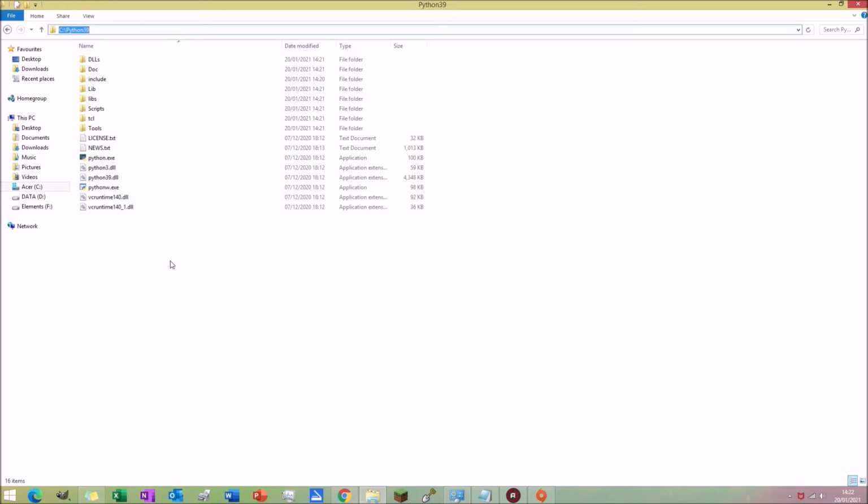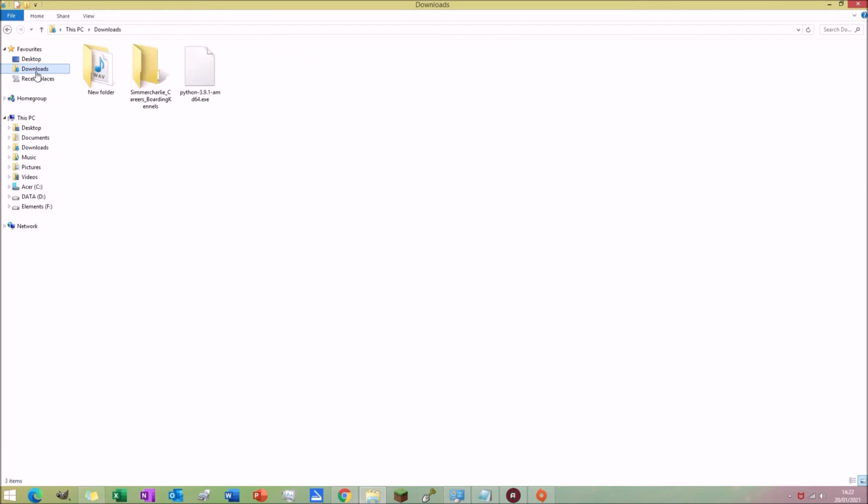If that is not where it's located, then you're going to have to uninstall the program and then reinstall it again, making sure to follow the instructions from before, because if you don't have the path exactly like this, it's not going to work on the next step. So after you've made sure that this is installed into the correct place, what you'll need to do is go